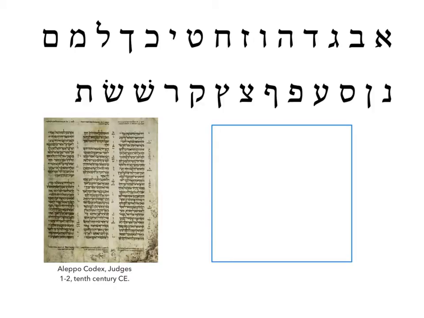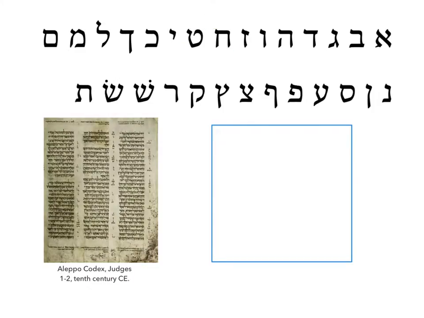Now, Hebrew reads from right to left, so we're going to start in the top right corner here. Up top we have Aleph, then Beit, then Gimel, then Dalet, then Hey, Vav, Zayin. We can already see those two look similar, so we're going to want to make sure we pay attention to that. Then we have chet,